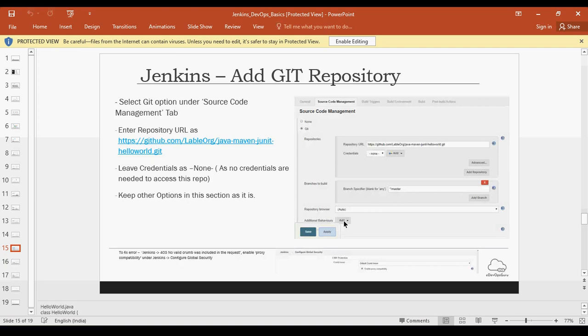But next time you run this job, code would be pulled. It will not do the complete clone again because the code is already there. Whatever delta has been checked in would be pulled and merged into your Jenkins workspace repository. You can override that behavior also.